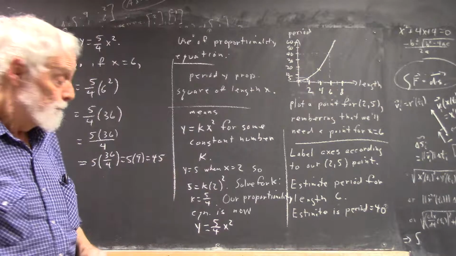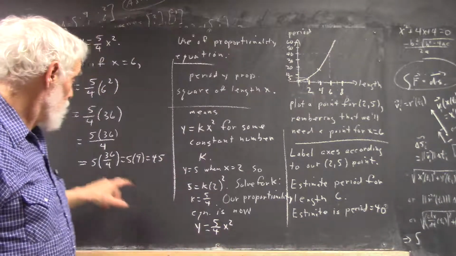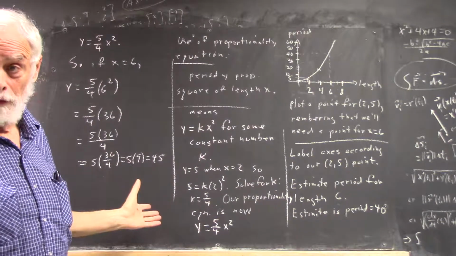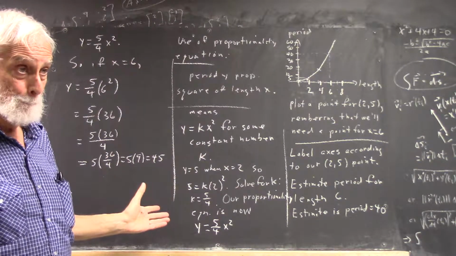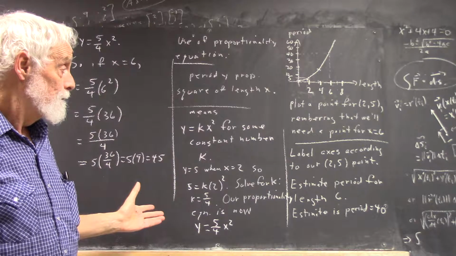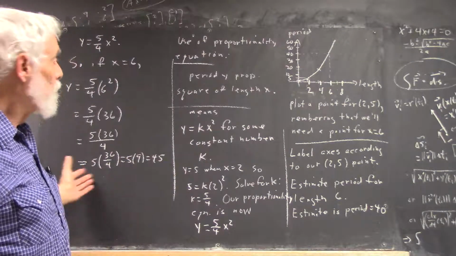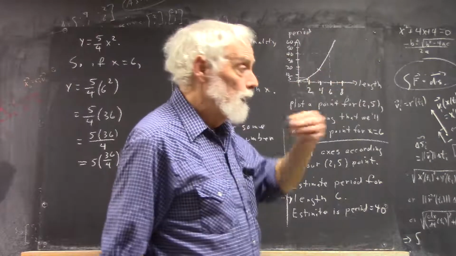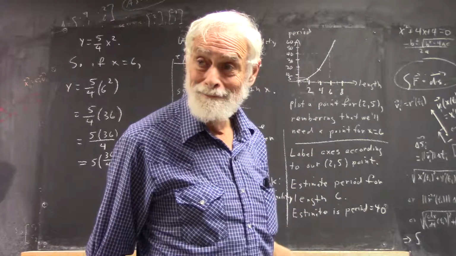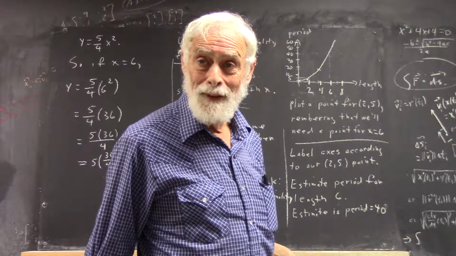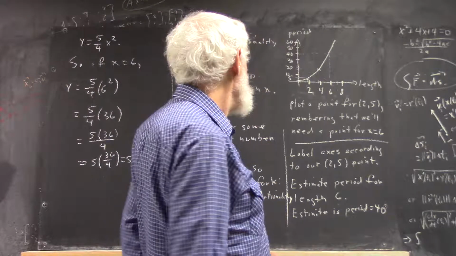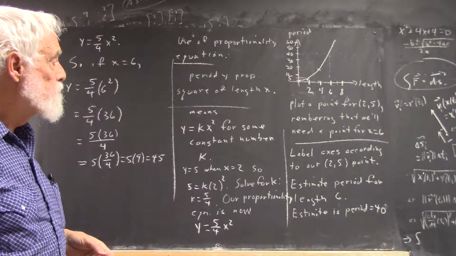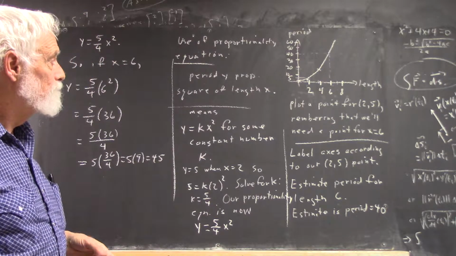Okay? So this ought to be something that you just totally nail if I ask you to do this. Okay? So there it is. And of course, this graph is the graph of y equals 5/4 x squared. Okay? So